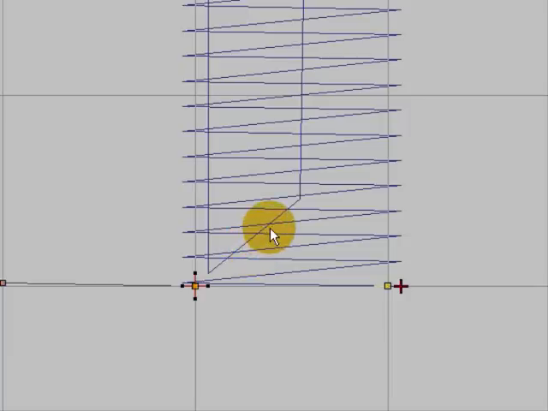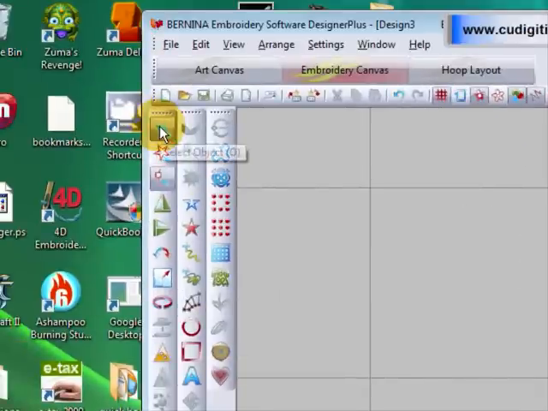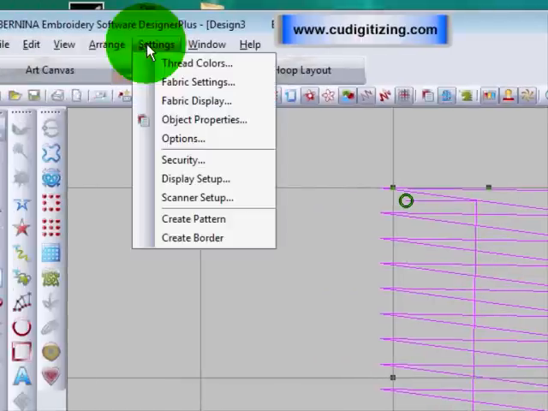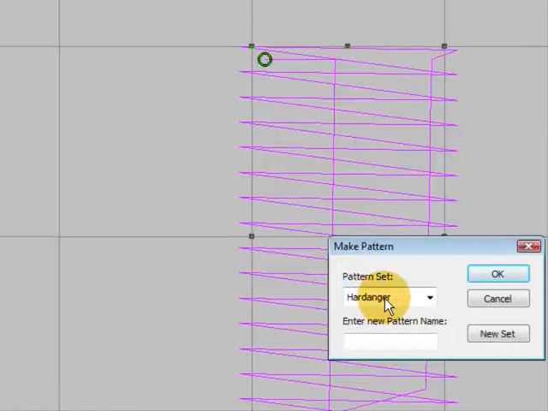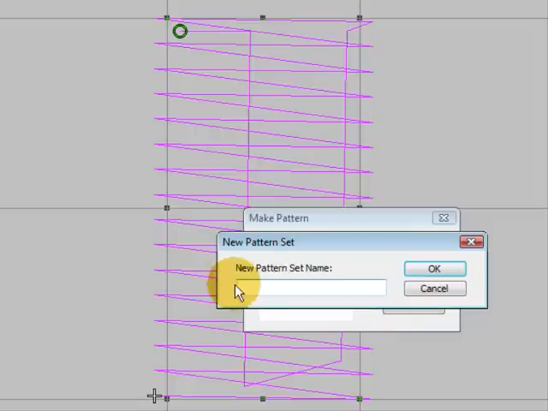So I've got those set, and now I'm going to save that as a pattern stamp. So all we need to do is go Settings, Create Pattern. Now I've created my own pattern set called Hardanger for putting these in. If you haven't got one, it's a good idea to create one, and all you do is go New Set and type in your set name here and go OK, and you'll have a new group